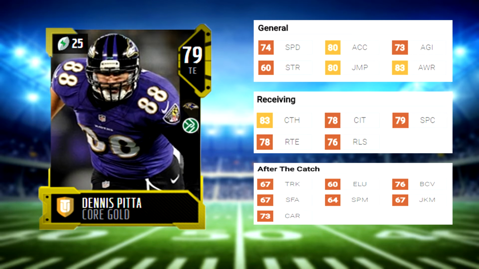So starting off right away, guys, we will start off with catching, and then we will go to run blocking, and then we'll finalize it off with the mixture of all 3. So with that in mind, starting off right away, we start off with Dennis Pitta, and again, we're focusing on